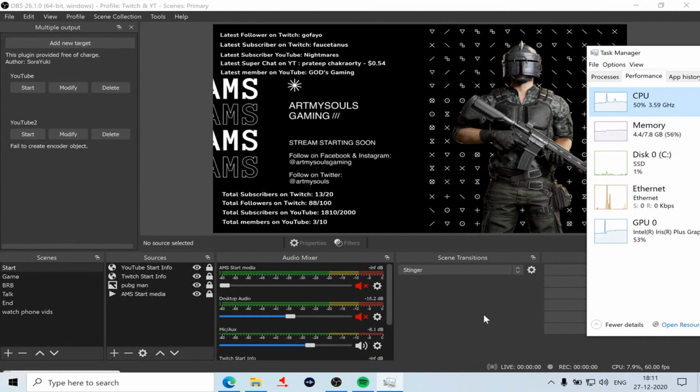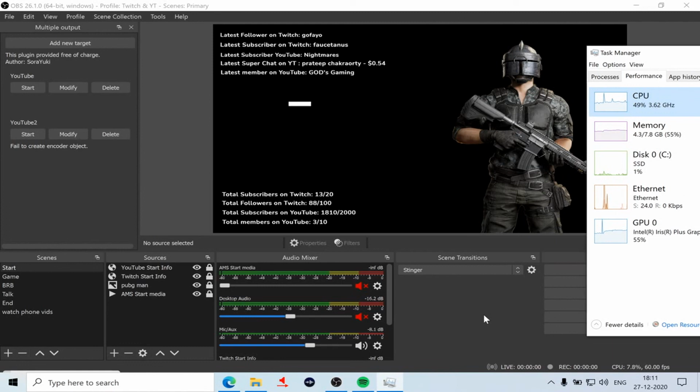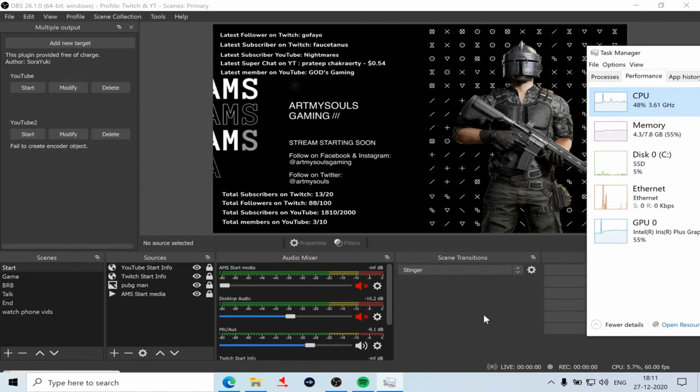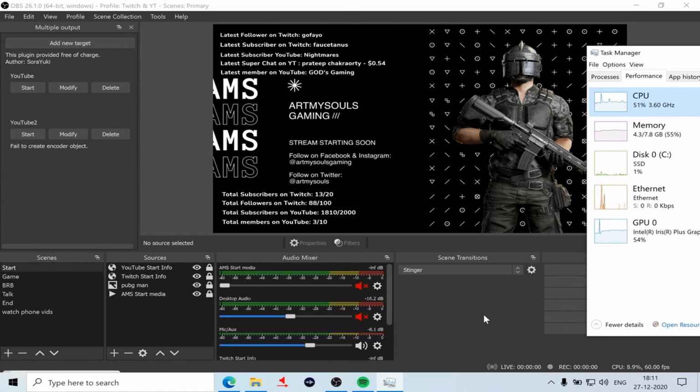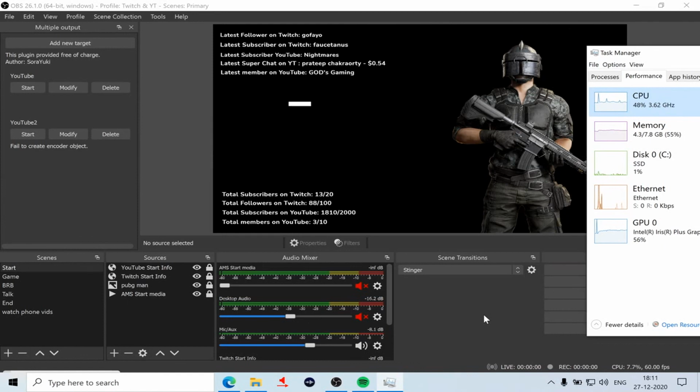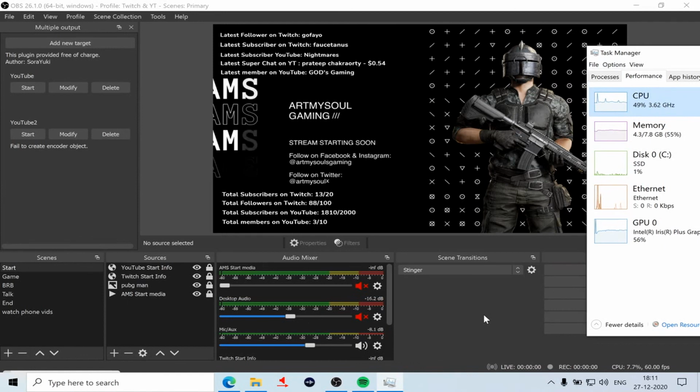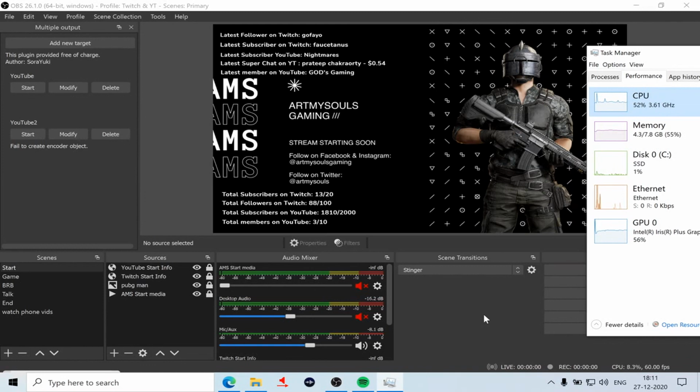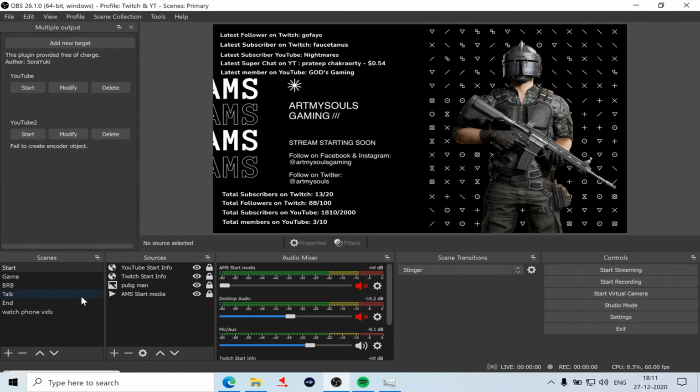So in the task manager, in the performance tab for Ethernet, you'll see a 9 to 10 Mbps upload speed here. From there you'll understand the stream quality, and if there are any issues with either Twitch or YouTube streaming, you'll see the difficulties you're facing there. That will give you an indication of whether everything is going smoothly or not.